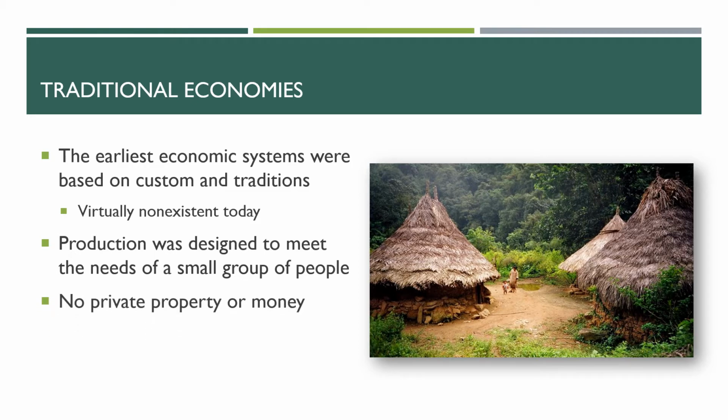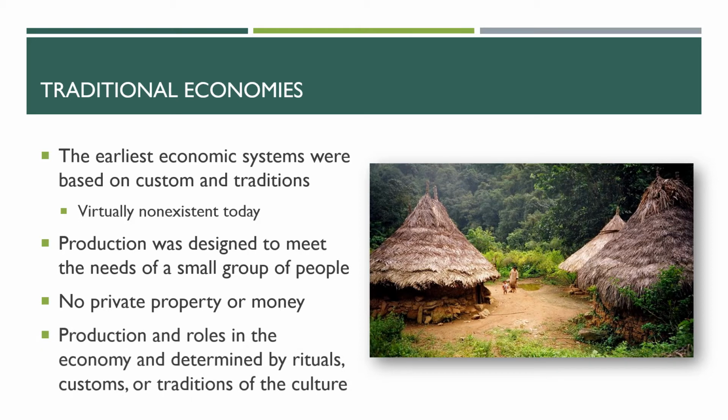Now, because everything was so small scale, there wasn't really any private property. And because there wasn't really any private property and the economy was so small, there was no need for money. You basically bartered with your neighbors, meaning you could trade things with them. And back then, production and roles in the economy were determined by the rituals or the customs or traditions of that particular culture. So for example, part of their production might be harvesting corn, and perhaps every year there's a special tribal dance that they would do as a part of the corn harvest. So in other words, the way they produced was partly based on tradition, not necessarily on any notion of efficiency